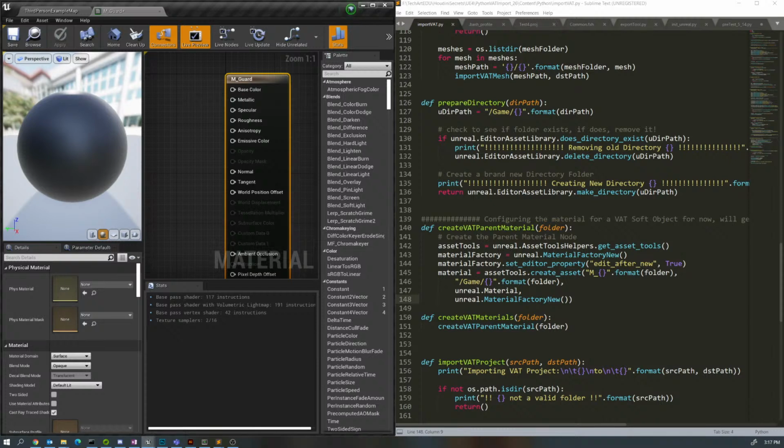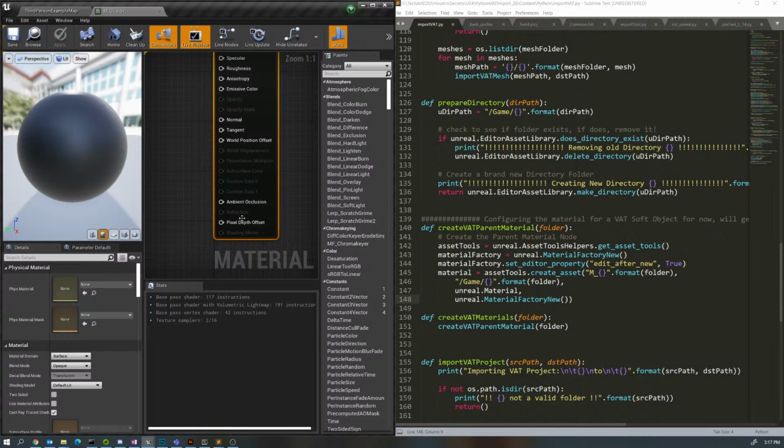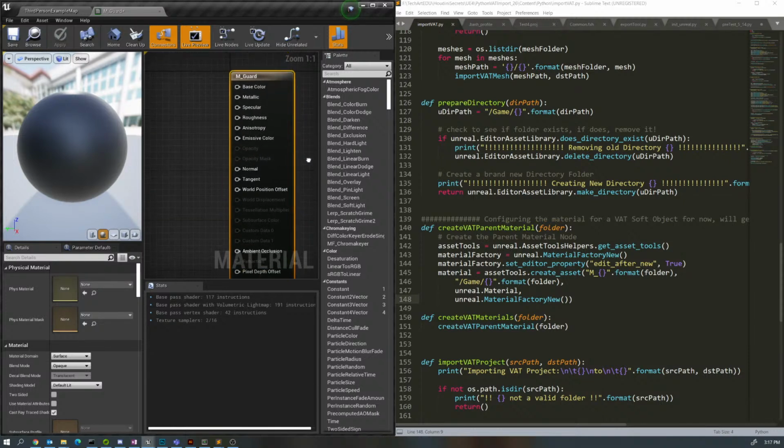Now we have to configure our material in order to make it ready to pull in a soft VAT object. In doing so, we need to set our tangent space normals to false, and we need to set the number of customized UVs to 5 because we are going to create some custom UVs. And we are going to make sure that the tangent space normal is false. But that's actually really simple because all we have to do